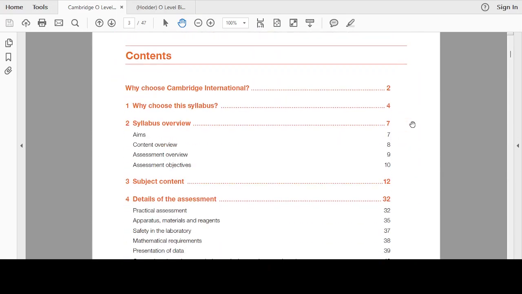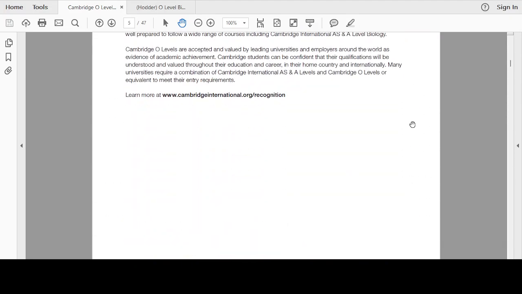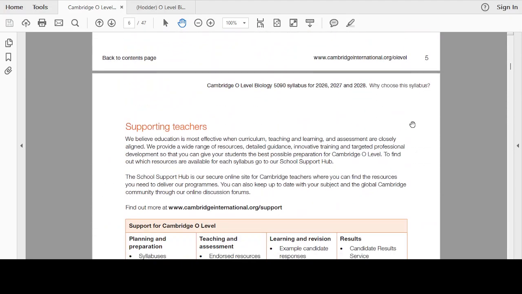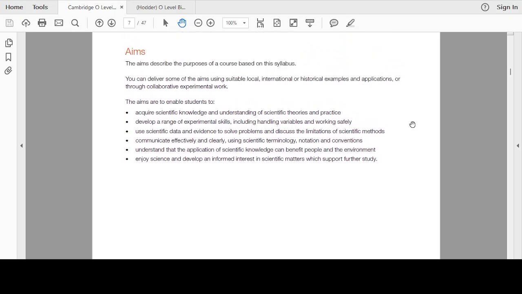And going over the syllabus is the first thing I do whenever we begin a series of classes for each session. These are the aims that Cambridge says it has with the syllabus. So it should enable students to